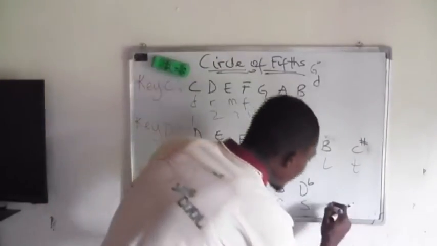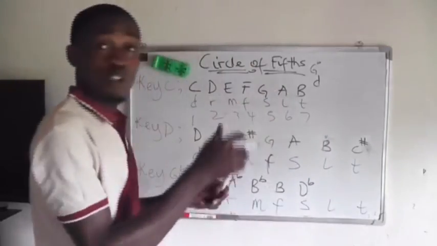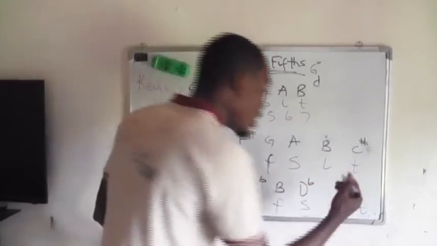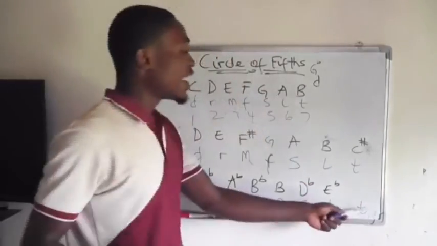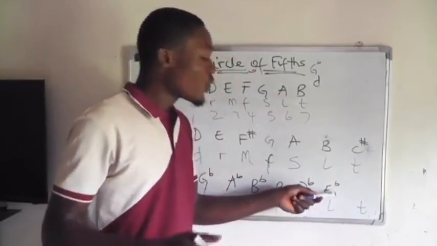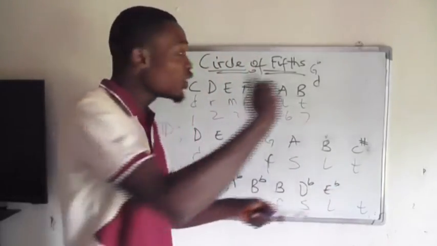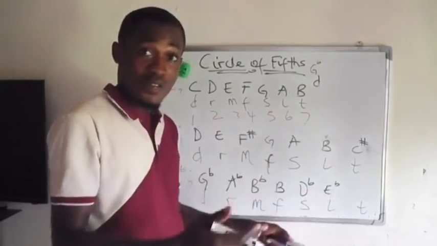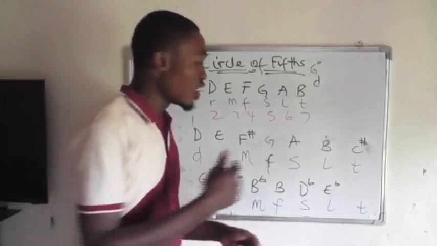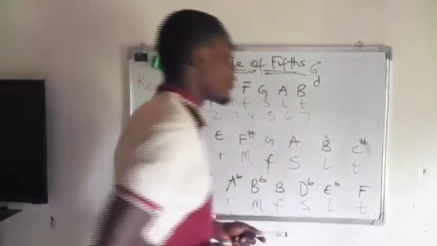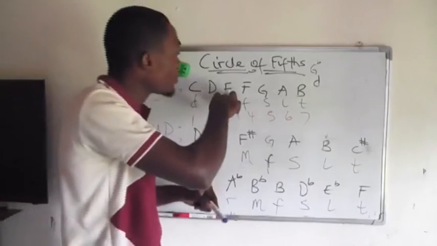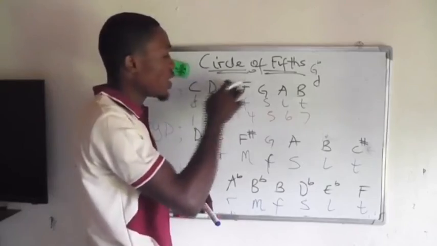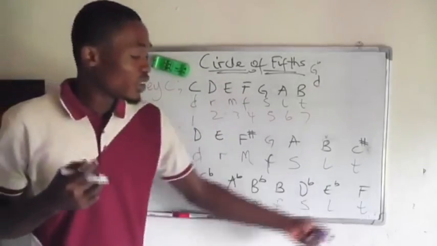So from sol, the next is going to be La and Ti. From sol to La is what? A tone. So from D flat to E flat is actually what? A tone. So this is going to be what? E flat. Then Ti, from La to Ti is what? A tone. So from E flat to what? From E to F is a semitone. But from E flat to F is what? A tone. So this is going to be the key of what? F. So E flat, that is after E, there's no space in between, to F is a semitone. But E flat, you are going back, from E flat to F is actually a tone. So from La to Ti is what? A tone. So you get that.